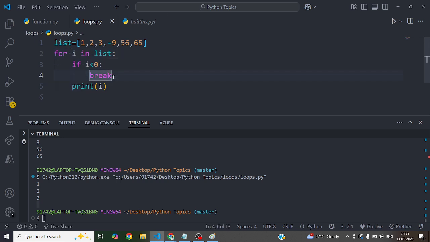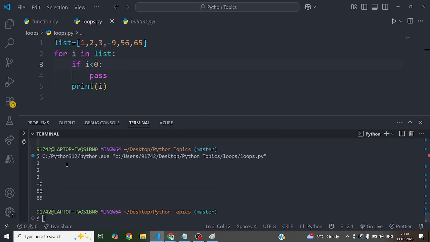And now if I write pass here, what will it do? Whenever the value is less than 0, it will be passed. Hey, minus 9 is less than 0, I know that, but for this case let it print.